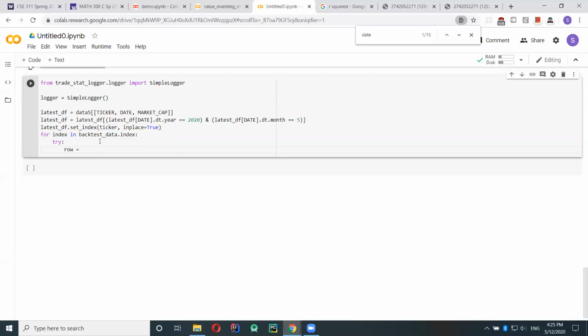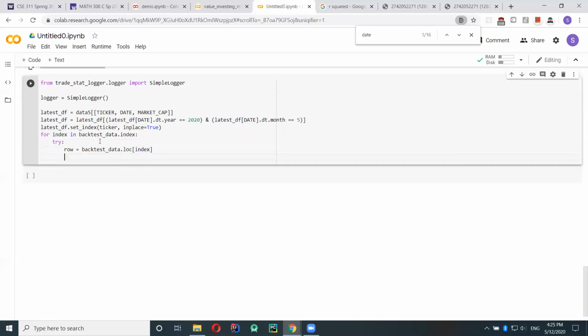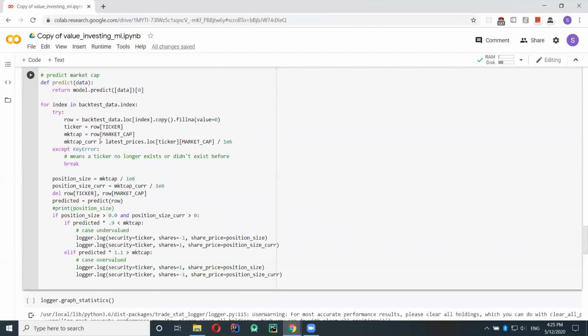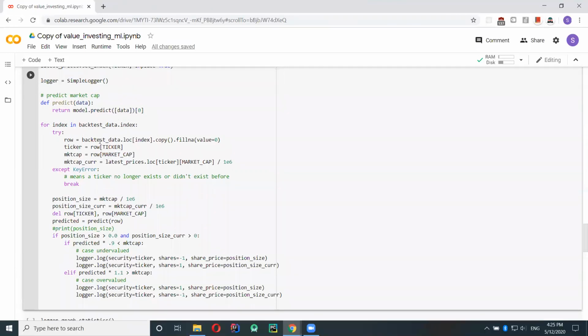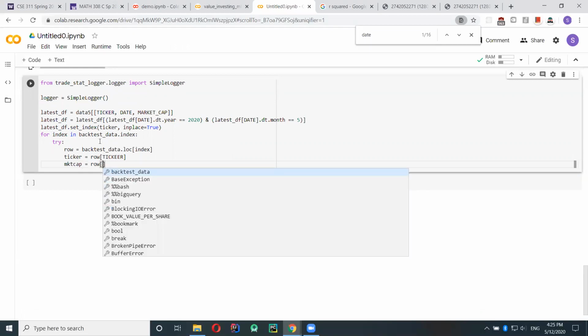If you remember, for row-wise indexing, you do loc. So let's get the ticker, and let's get the market cap. And this is real data, so we're getting the actual market cap here.